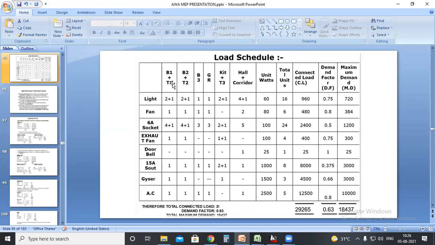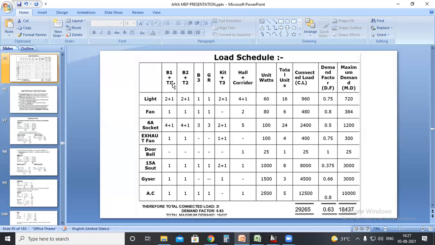But in British standard or some other GCC standards, they always advise to take only 1 point in the power circuit. 1 point means one particular socket, like a 16 ampere socket shall be taken only 1 number. Geyser shall be taken only 1 number. AC shall be taken only 1 number, I'm talking about the normal split AC. In this particular example only, they are following 3 sockets. You can take 3 sockets. When doing a project or attending an interview, don't follow this. Here we have three points and maximum wattage is 3000.